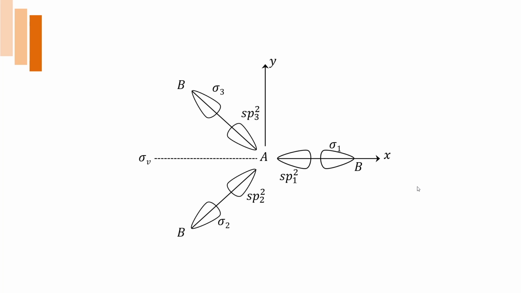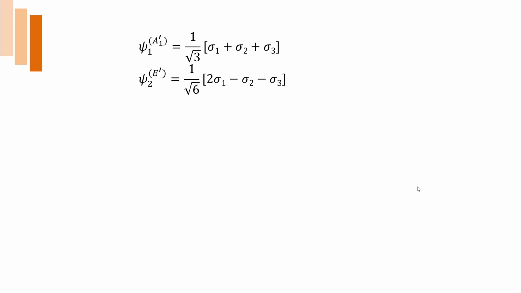This is a pictorial depiction where you see that there are A type of atoms and B type of atoms carrying sigma 1, sigma 2, and sigma 3 bonds, which are of course sp2 type. Further, doing a bit of mathematics, we are not going into developing the SALC here because we have described it elsewhere. But when you develop it, you get the equation 1 upon root 3 (psi 1 plus psi 2 plus psi 3) and 1 upon root 6 (2 psi 1 minus psi 2 minus psi 3), and for E prime again, because it is going to generate two values, 1 by root 2 (psi 2 minus psi 3).